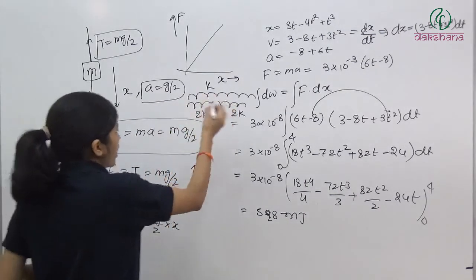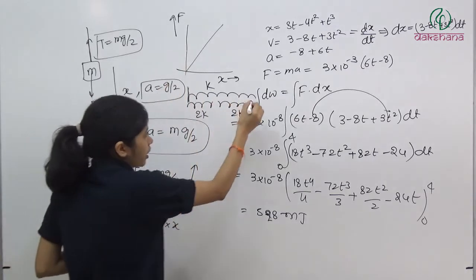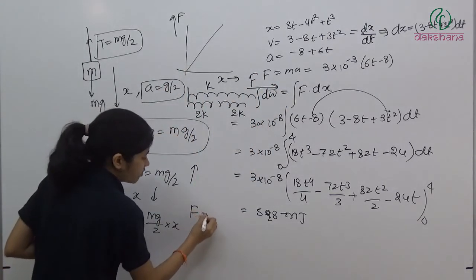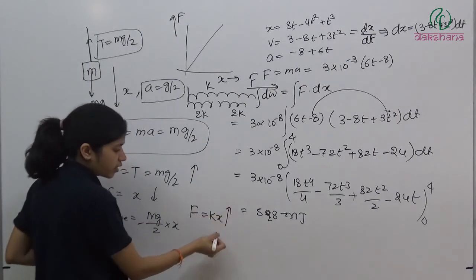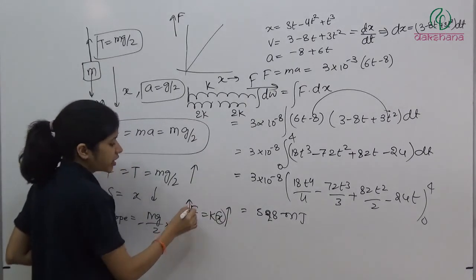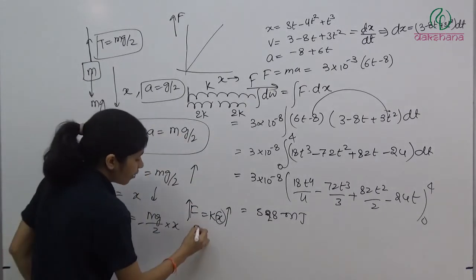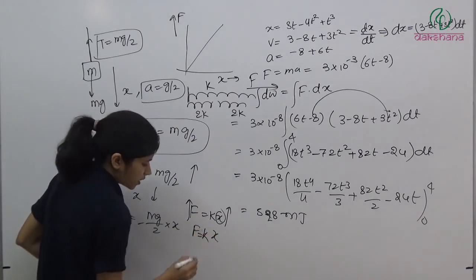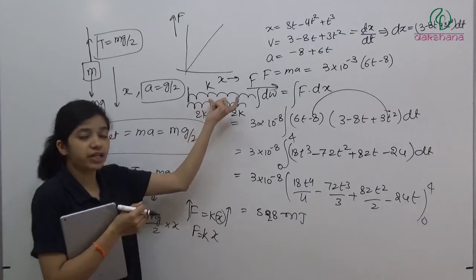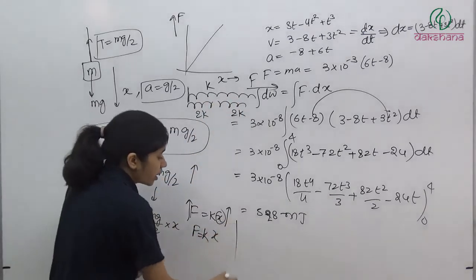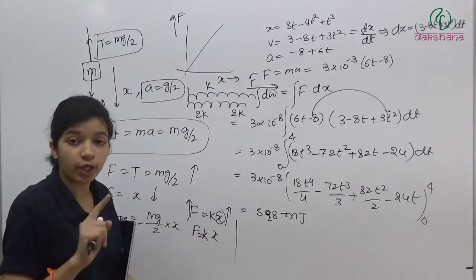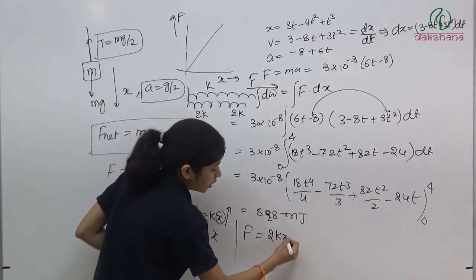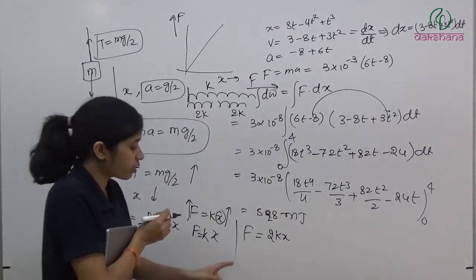So what is the force required? Let's say this spring is attached here. Now I am applying a force in this direction F. F must be what? F must be Kx, where x is increasing, F is increasing. So here simply we have F proportional to x, clear? Or F is equal to Kx. This is the equation for first spring. Now what is happening? Now I have a spring of spring constant 2K. So now the new force will be 2Kx. If deformation is x, the force will be 2Kx.